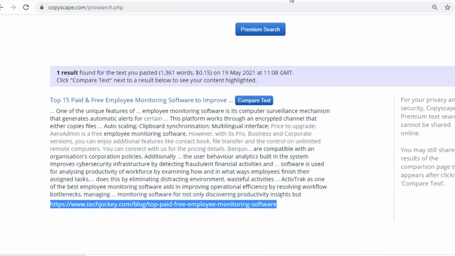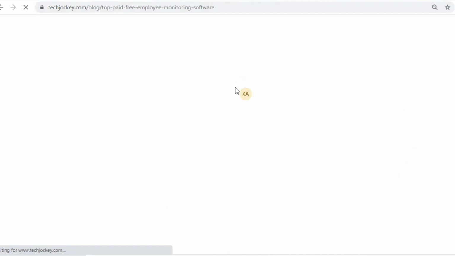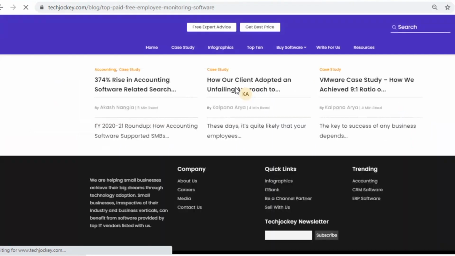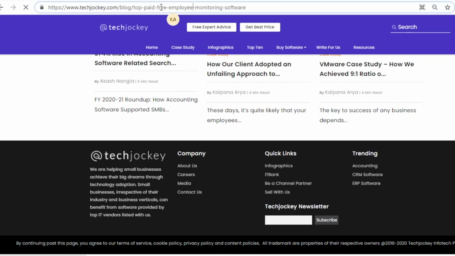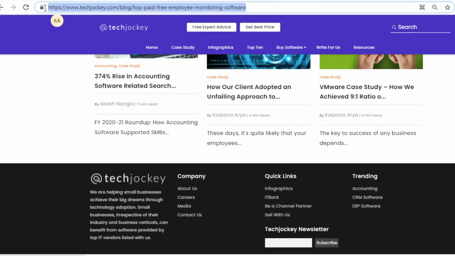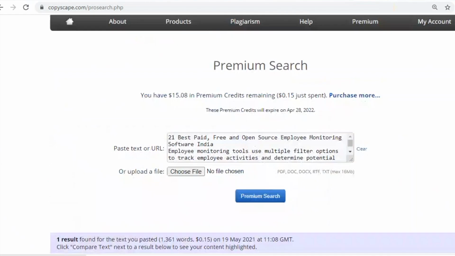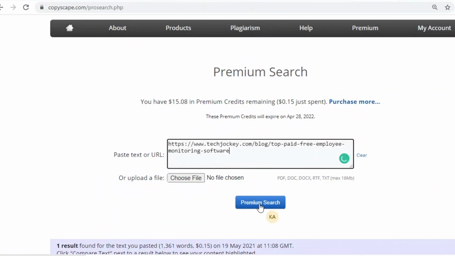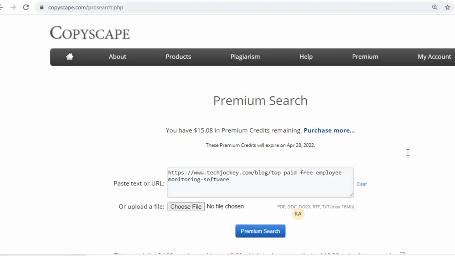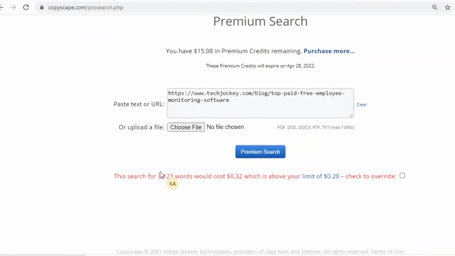This is my article on which I was doing value addition. I can even use the URL here: copy the URL, clear, paste my URL and go for premium search. Again, the result is not showing because it's more than 3000 words.